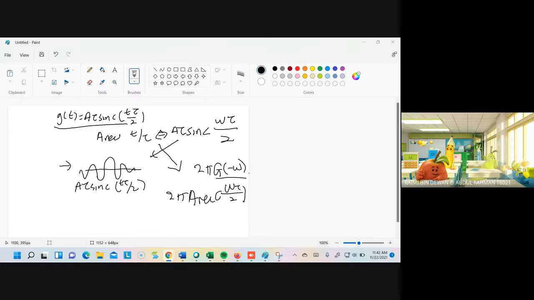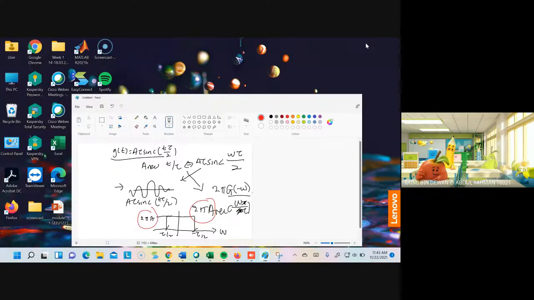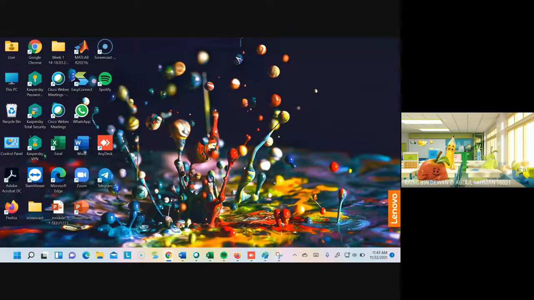Omega over T, I think, sorry. So when you sketch the graph, you have negative tau over 2 and tau over 2 in the frequency domain, and you have 2 pi A as the amplitude. That is your